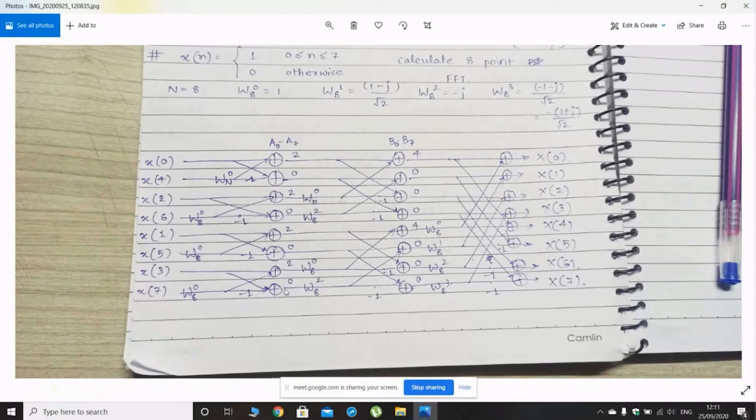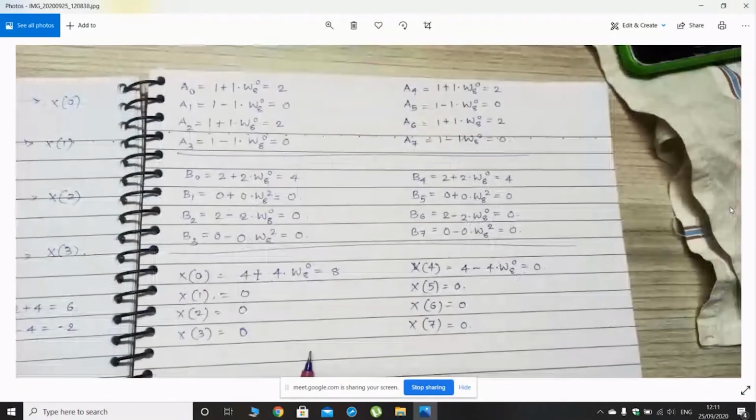In the first place, you require the value omega at 0 only. At the second place, you require the values omega at 0 and omega at 2. At the third place, you require the values omega at 0, omega at 1, omega at 2, and omega at 3. So this way, when you apply and solve, you are getting the final answer. Just share the final answer. Next page.